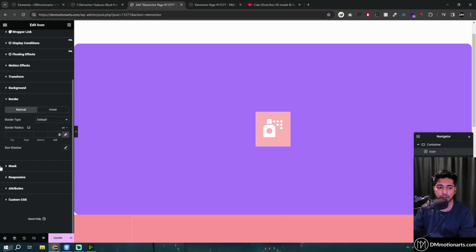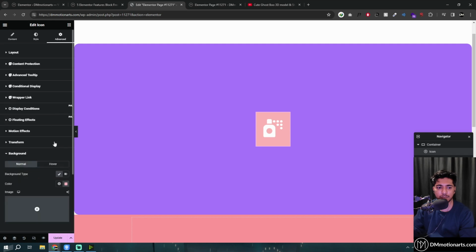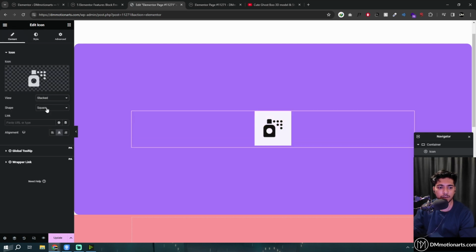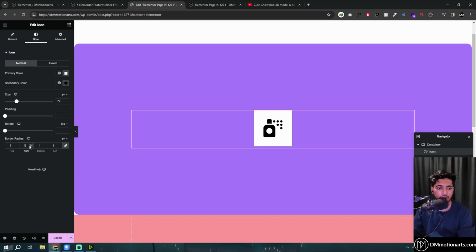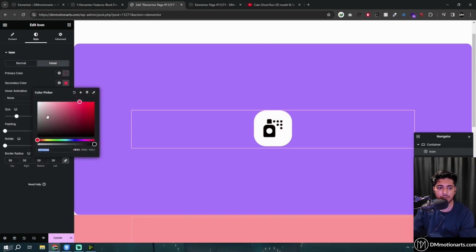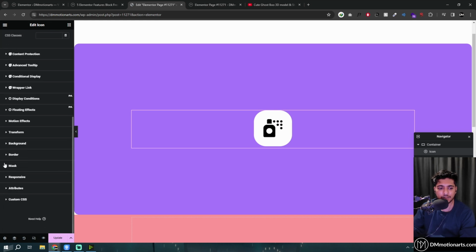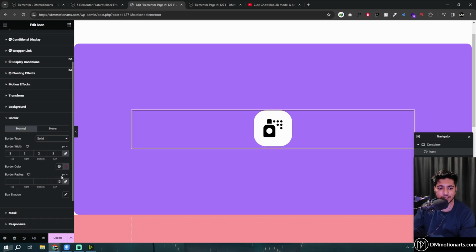Let's see if there's an option to actually just do it without going this deep. So on stacked, we actually have border radius, so we don't even need to do what I did. But if you want more control over it, you could do it, but basically it's the same thing. We don't have a border. Okay, actually we don't have the thing that I wish to have, which is the border like this. So yeah, we actually need to use it